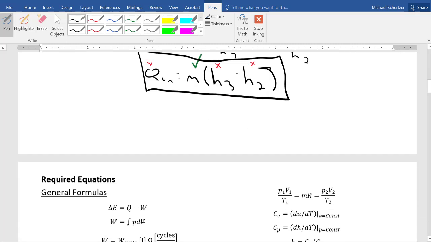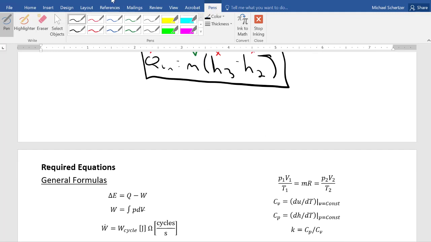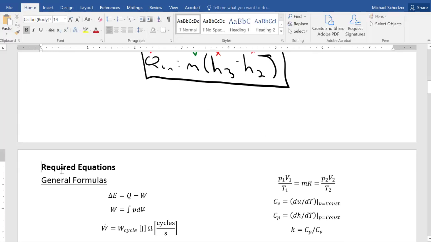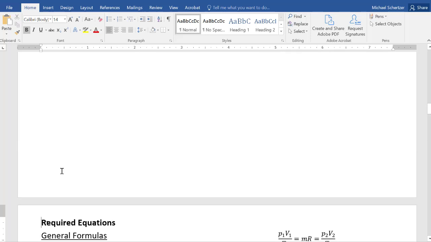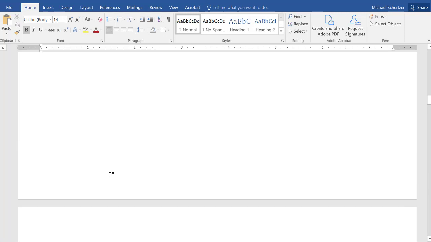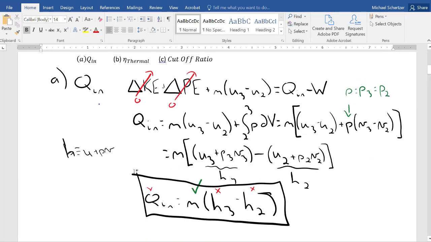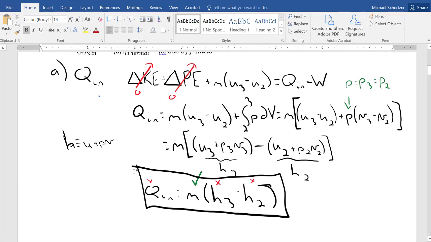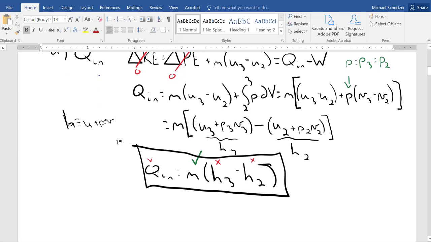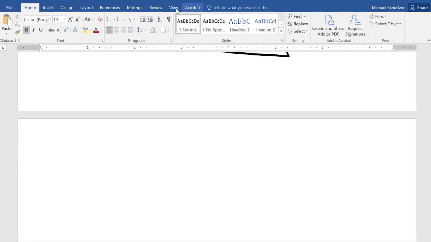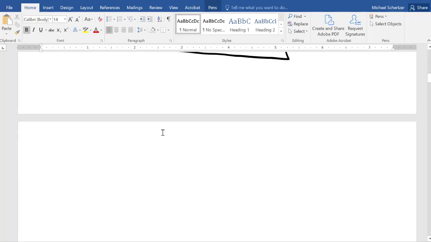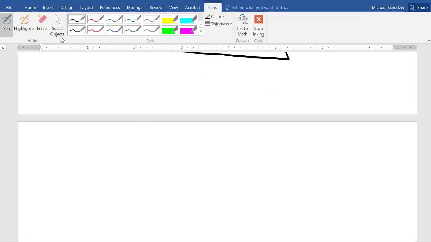Okay, so I'm going to leave this now because my general feeling is that if you're not sure what to do, always do the symbolic stuff first. The symbolic stuff is pretty consistent from question to question, and sometimes fixing the states is difficult. So I'm going to leave this and go to part B. Now, if I come over here, I should get my pen back. So now here for part B,